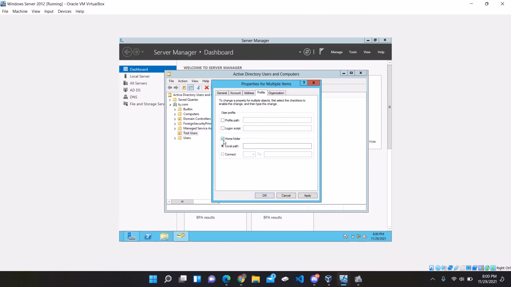Select Home Folder and connect them to the path. The path name will be // the name of the server or the computer for which your home folder has been created,